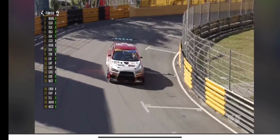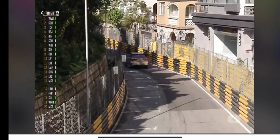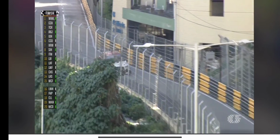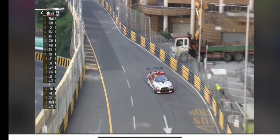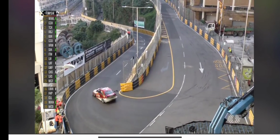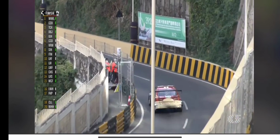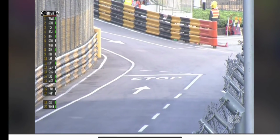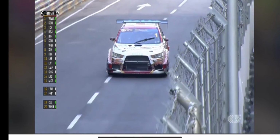Incidentally, super race without the need of a safety car intervention. So very, very clean, very neat, very tidy. We've got a full 12 laps of racing from the Macau Touring Car Cup, which is a great way to start race day here in Macau. The race leader on the slow down victory lap will be taking the applause of the marshals around the Guia Circuit, around the